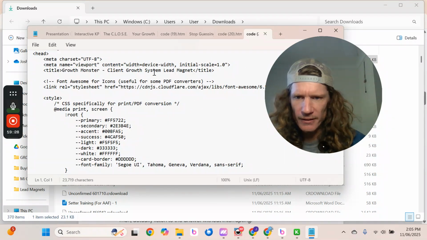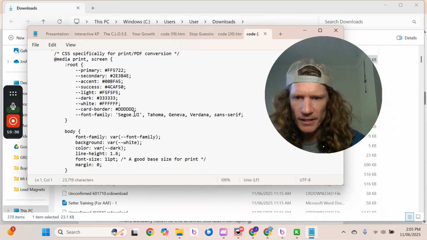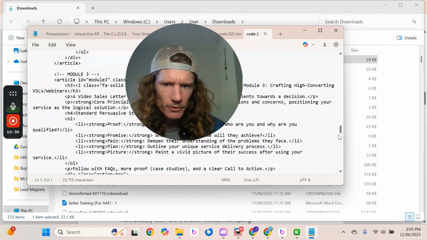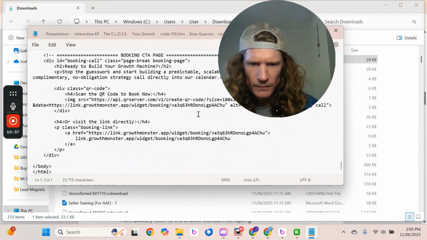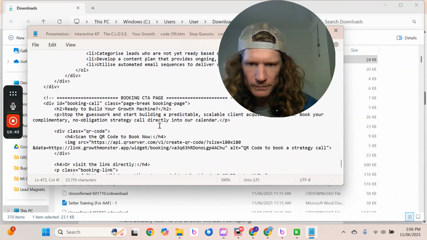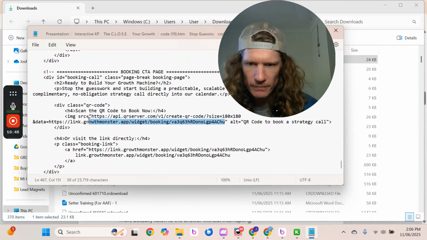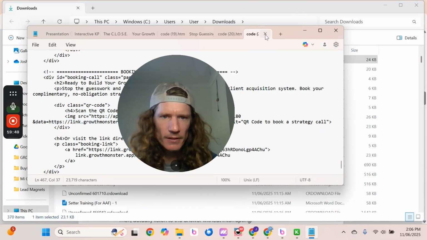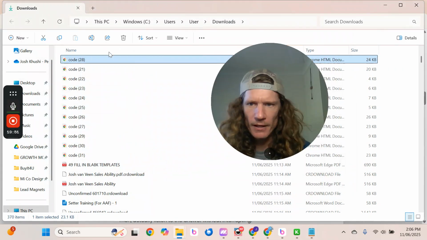So if you wanted to add in those links right here, you can just edit this code and put in the URL links for that button. So it's down the bottom. So if we went down the bottom, you can see here, we've got some booking links. Cool. So you could just edit any link that's not correct. You'd just be able to edit that out and make it correct. Okay, so